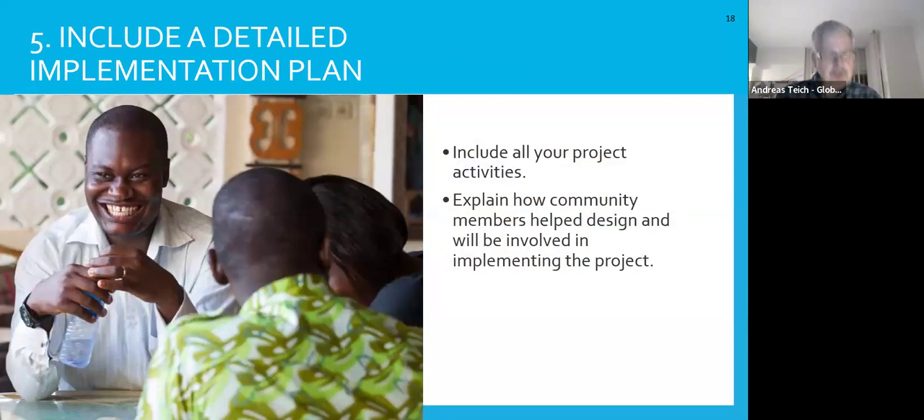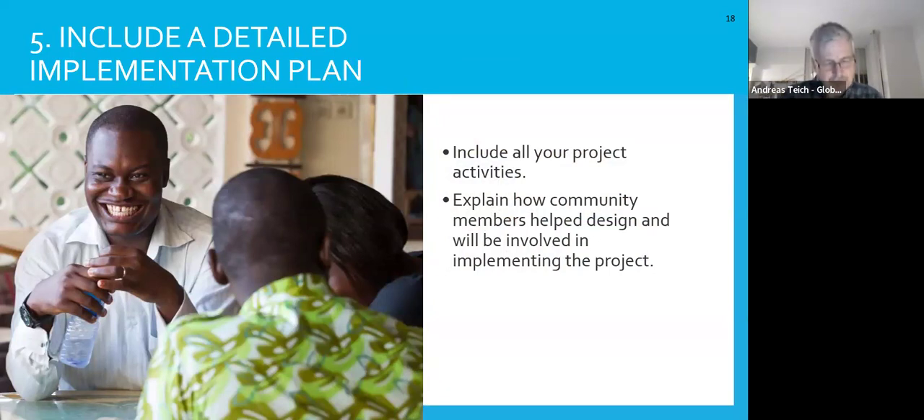Include a detailed implementation plan. As part of the grant, you have to provide a plan for how you're going to make the project happen. This plan should explain who will do what and when. Be sure to include all the activities in the plan and detail the strategies, timelines, locations, personnel, and other relevant